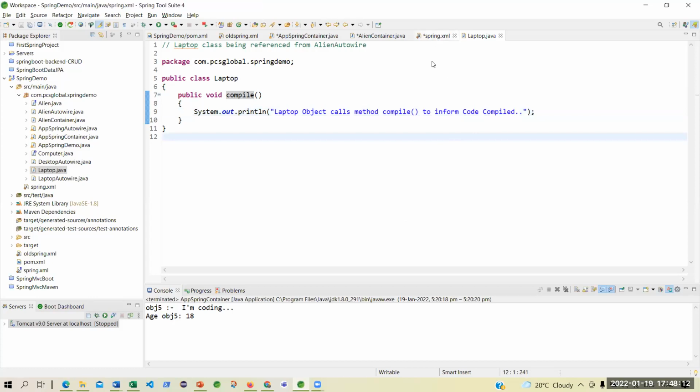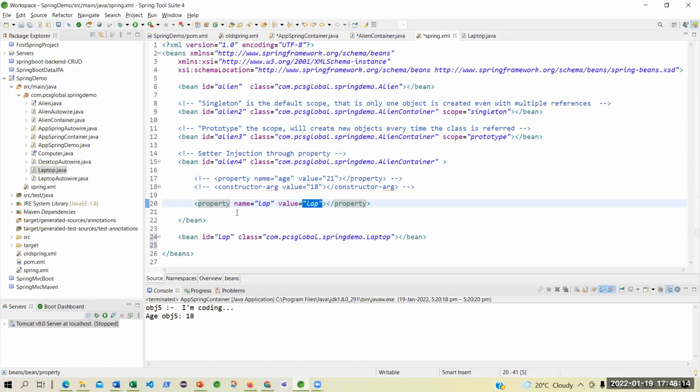But the problem was that you are trying to use this property lap. Now this lap and this lap match, so actually you are referring to the correct place, the correct bin. That part is fine. But what about this part? Can an object be a value?